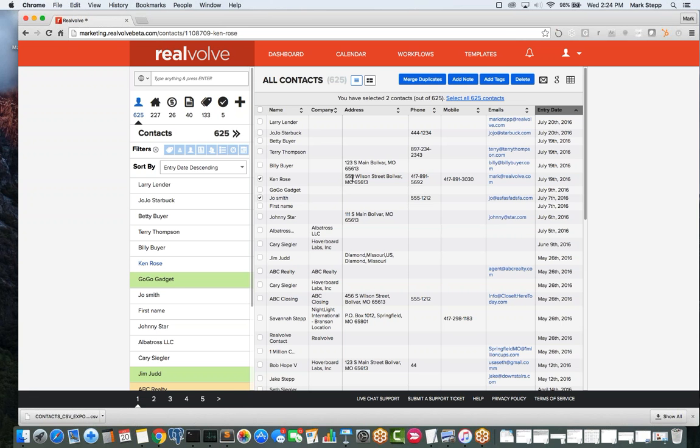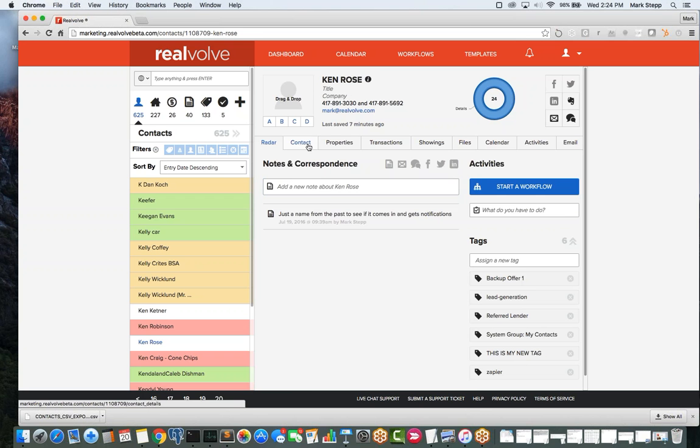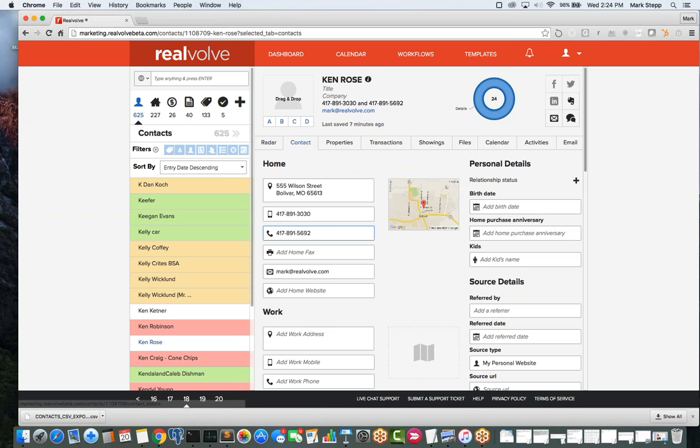So it'll take the data that's in the second one and throw it into the first one. Whenever there are the same fields of information, say for instance the home phone or the cell phone, if both records had a home phone number,